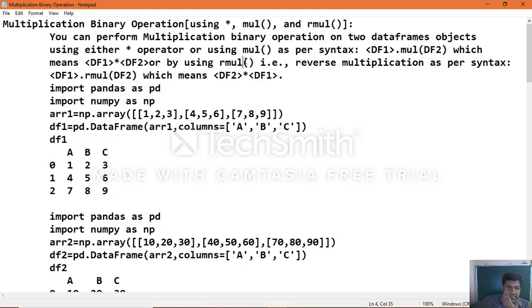Here, again in the same way, we will take four different data frame objects and perform the operation on those objects.